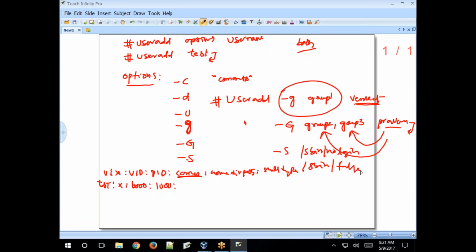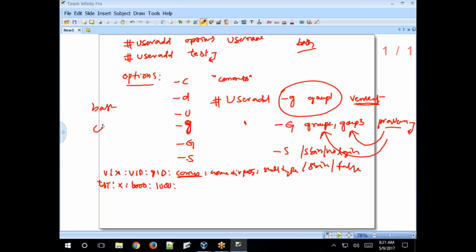If you have not specified any shell type using the -s option, the default shell is /bin/bash. /bin/bash is the default shell. If you specify a different shell as the default shell, then the user will be created and that shell will be allocated as the default shell. In Linux, bash is the default shell in Red Hat Linux.